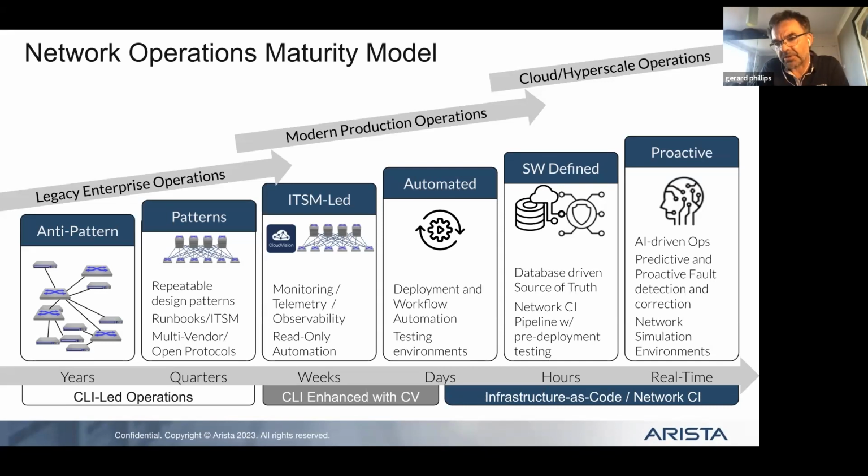And then at some point later on, we see our future as driving proactive network configurations. You'll see AI in there somewhere. You'll see a whole load of proactive fault detection and correction. We're going to look at two of them here. So we highlight the two we're going to look at predominantly. We'll cover patterns slightly, but we're going to talk about the automation and the inclusion of that automation into a continuous integration, continuous deployment type agile software infrastructure as code model. Let's jump to the next one.